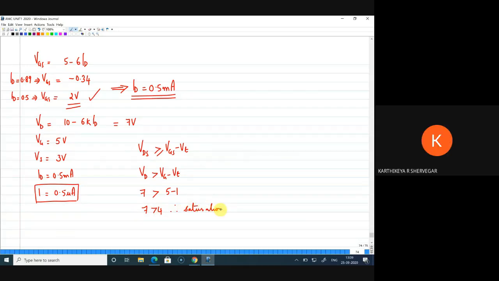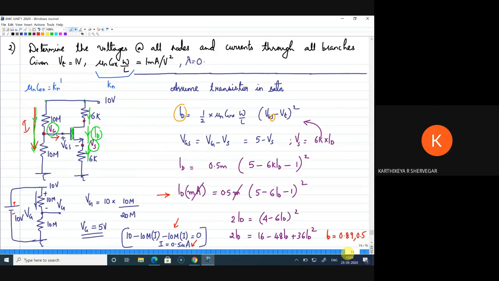But then it's all based on the assumption only, right? This value of VGS that we obtained is from ID. ID is obtained by assuming that it's in saturation, right? Yes. I have assumed something and I have proved that my assumption is true. Will that not validate?